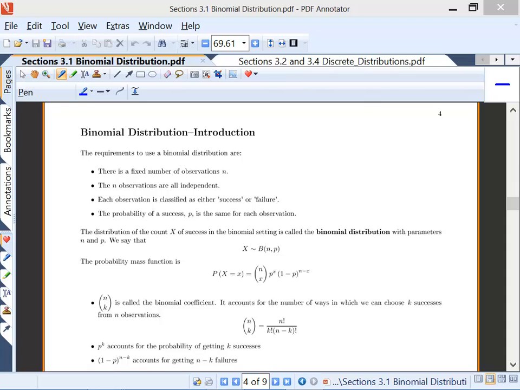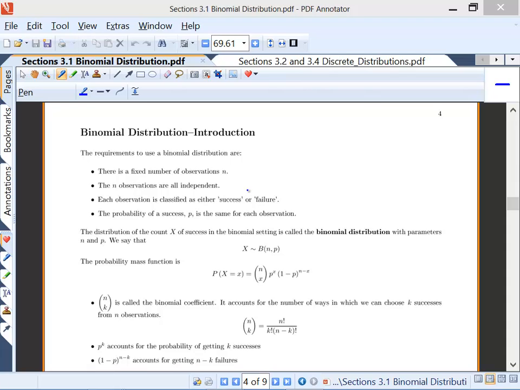Today we're going to tell you the formal requirements for a binomial distribution. Your requirements for the binomial distribution to be a good fit for your data are that you have to have a fixed number of observations, and all your observations have to be independent, which means they don't affect each other. Each observation is classified as either success or failure. So yes or no, success or failure, only two options, which makes it sound like a Bernoulli random variable,